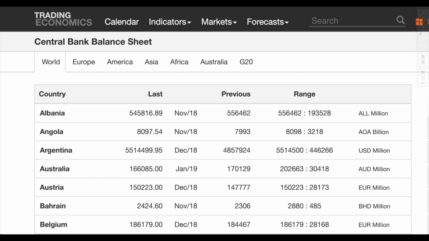If you want to know in a list format like this, you can go to tradingeconomics.com. Amazing website, so many different indicators on here, but this is where you'll see that. Of course, not all of them are the most up to date, but it's good to see anyway. You can get a good idea of where they're at for each country to give you an idea of that. So check it out, tradingeconomics.com. I'm going to end the video there.